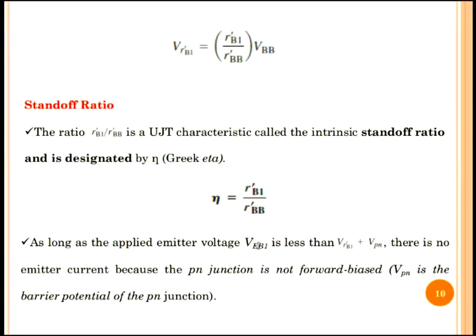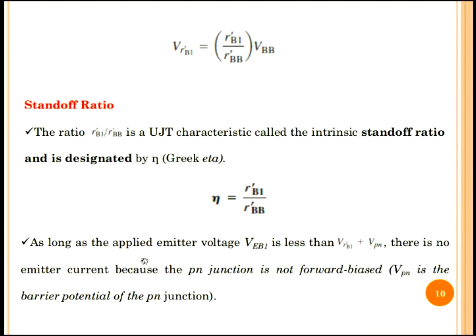emitter voltage VEB1 is less than V R'B1 plus VPN, there is no emitter current because the PN junction is not forward biased. Because of this reason, the voltage we supply to emitter base 1 is less than this value, the voltage across the resistance between base 1 and the emitter terminal plus VPN. The diode will have its own threshold voltage. The combination of this will give us some total voltage that needs to be given to switch on this emitter